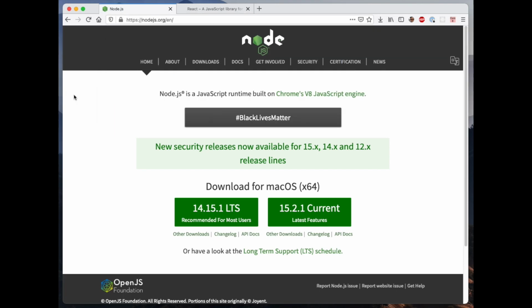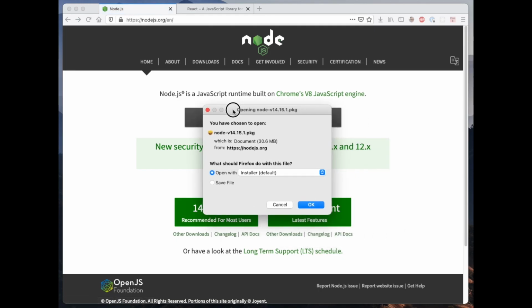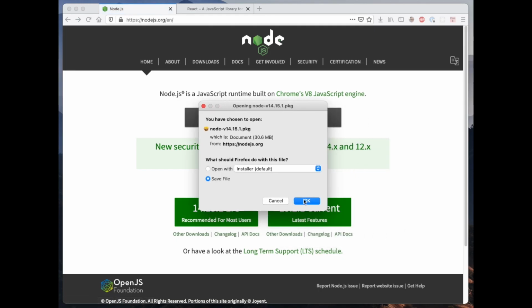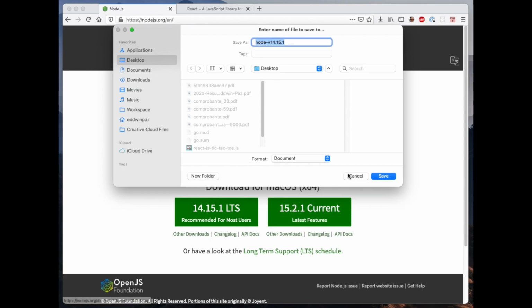First we need to install Node.js. I must mention that I already have this installed, but you can follow the link in the description to see where it is located. After installing Node.js on your computer, in this case I am using a Mac, we need to